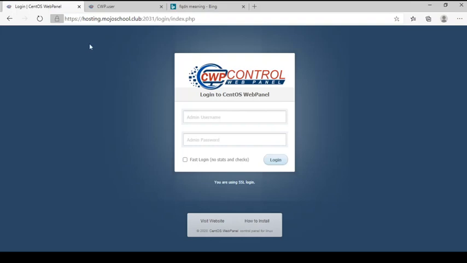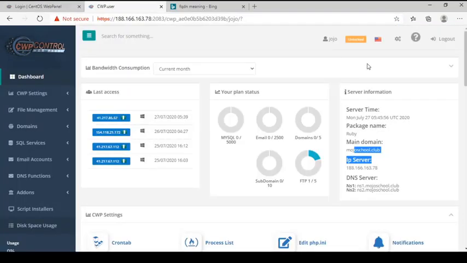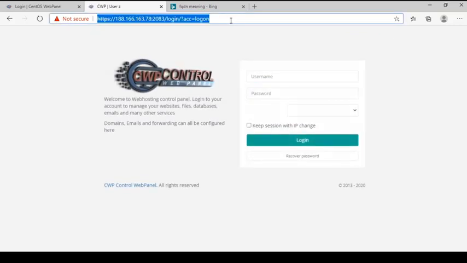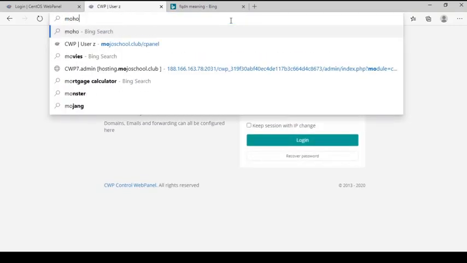And you can see, if you click here, that the connection is secure. It has an SSL certificate and everything is working fine. So all you need to do now is remember that your host name is hosting.mojoschool.club. And if you need to log into your admin, you just go to 2031, and it's the same thing. If you want to go here, you can always use the same thing, or you can just use that domain name just like previously